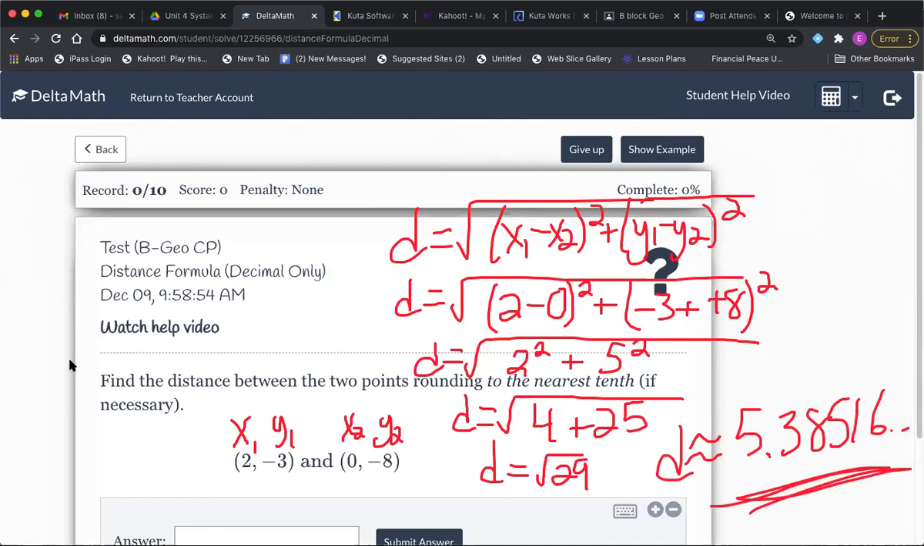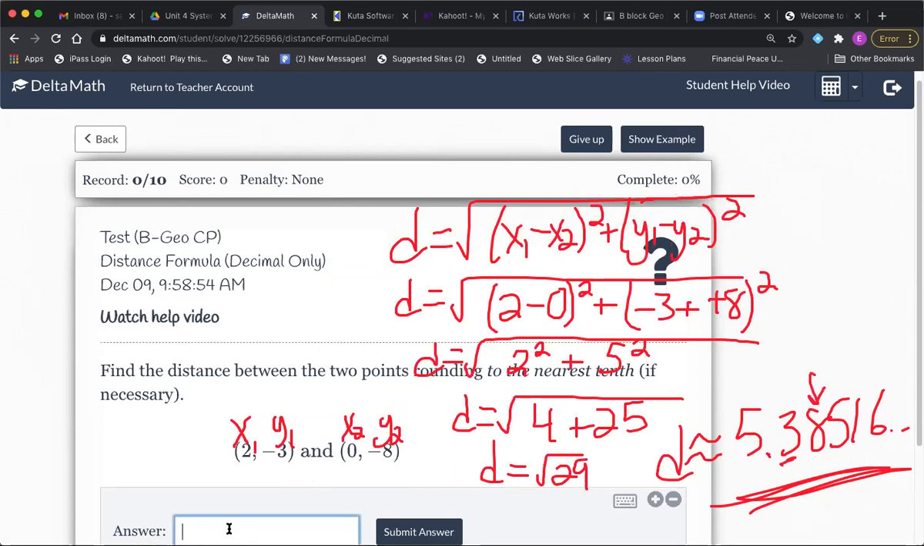This number right here. Someone tell me, send it in the chat, give me something here. Thank you. I got it in the chat. Yes, that is going to be a 5.4 if you round correctly. There's the tenth place, so you have to look at the next one out. So make sure you enter 5.4 because watch, I'll enter 5.3 and I bet you it's going to tell me I'm wrong. So if you just did 5.3,